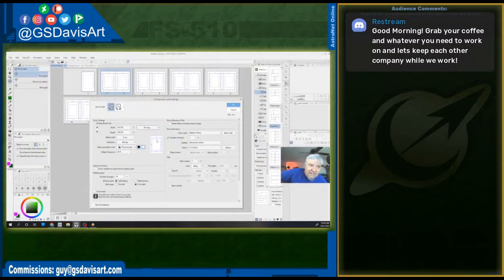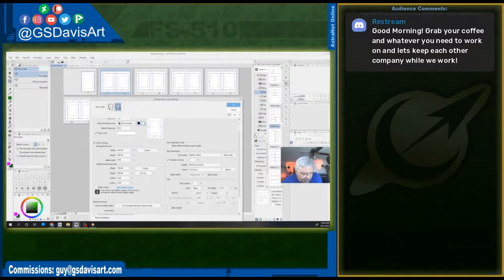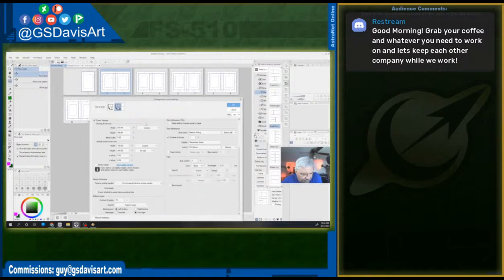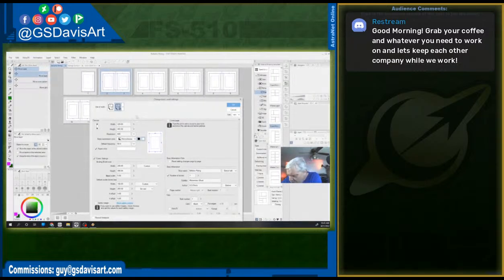Now, let's see here. Alex looks like he's busy. What if we show all comic settings? So I want the canvas to be bigger than, man, this is hard. I want my canvas to be bigger than,